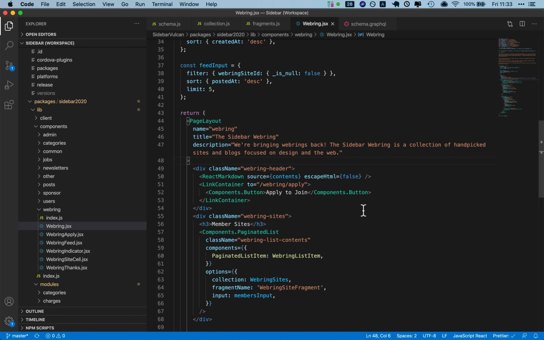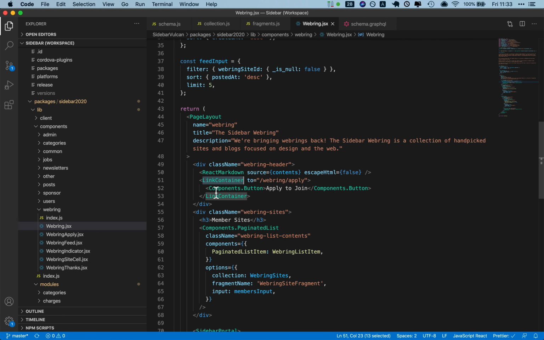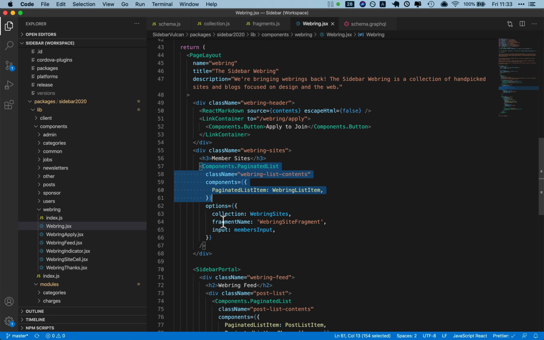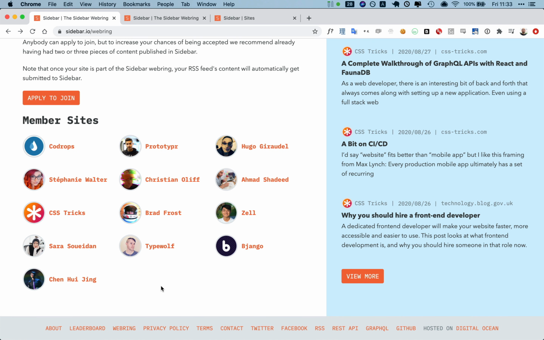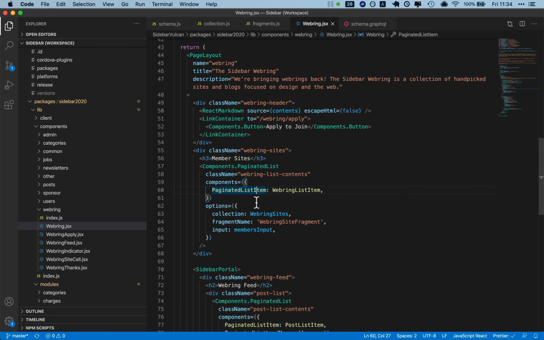Then we have a button, apply to join, wrapped in a LinkContainer from React Router Bootstrap, just to make sure that our Bootstrap components work as React Router links. We have our paginated list component from Vulcan, which takes a collection, a fragment name, an input, and then displays a paginated list. In this case, we don't have enough items to require pagination, but we don't want pagination anyway,